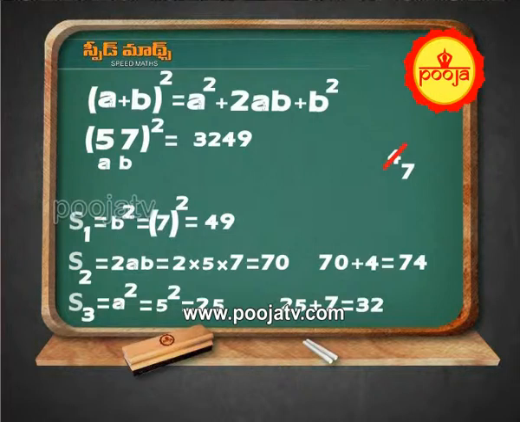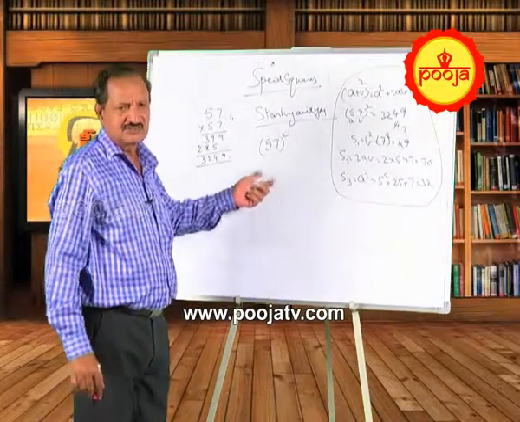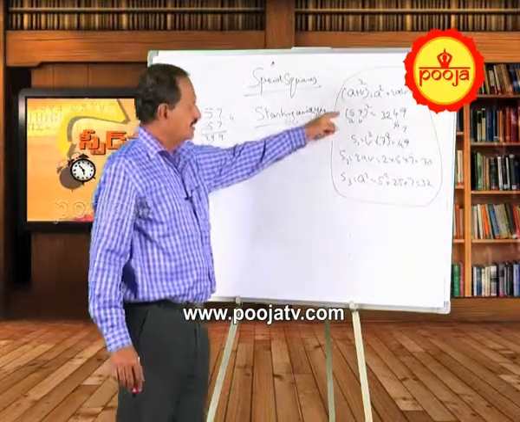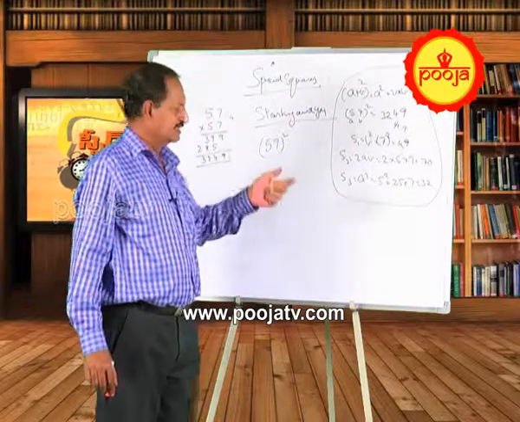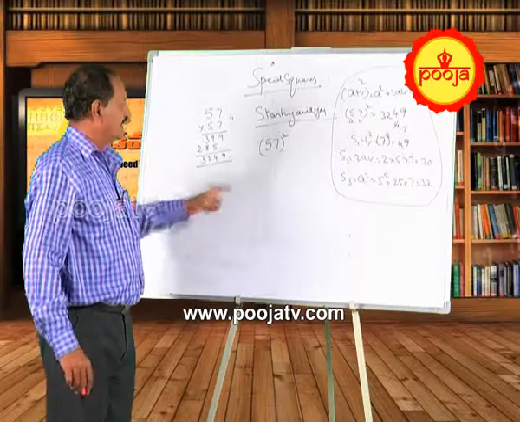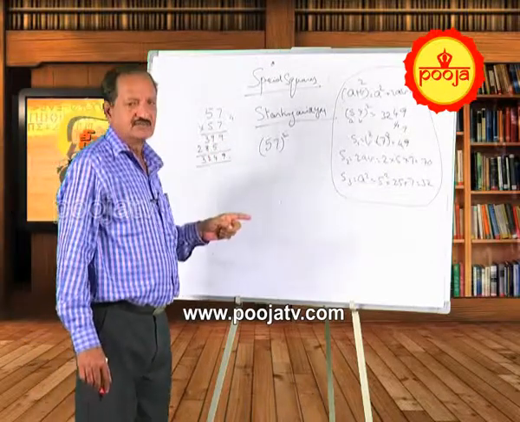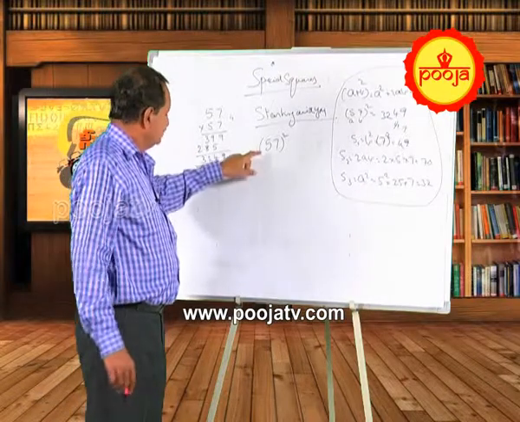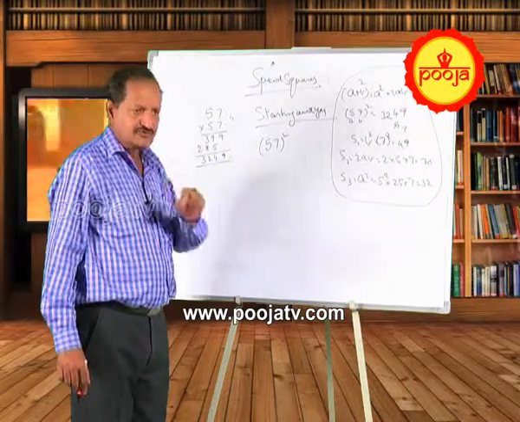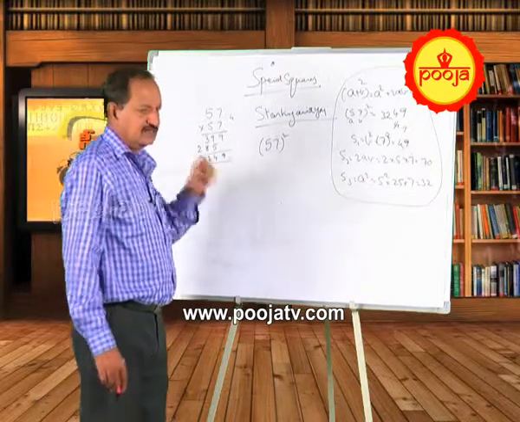This is universal. This formula (A plus B) whole square is A square plus 2AB plus B square. You can use it to find the square of any number, but it also takes some time. It is better than our traditional maths, instead of multiplying 7 by 7 and so on. But here, as I told you how to do it for numbers ending with 5, now we do it in a few seconds when the number starts with 5. This also can be done in a few seconds.